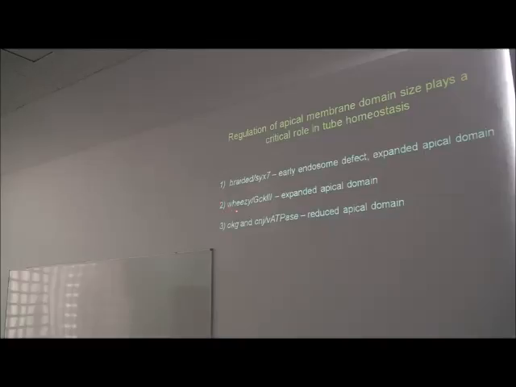The second story I'll tell you about is the characterization of a mutant called Wheezy, which encodes the only Drosophila germinal center kinase 3 subfamily member. These mutants also have an extended apical domain. The last story will be the characterization of 2 mutants, Ogal and conjoined, that encode 2 subunits of the vacuolar ATPase. These mutations cause a reduction in size of the apical domain. So as you can tell, all 3 of these stories converge on the apical membrane domain, which in retrospect makes sense because it's the